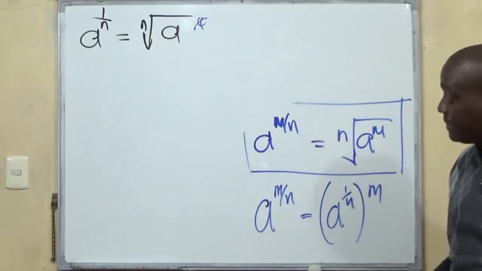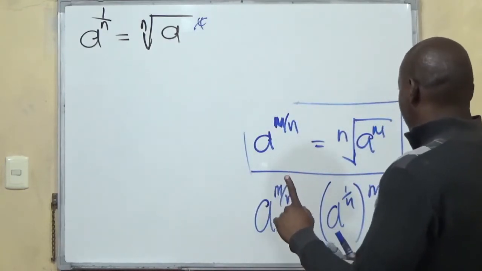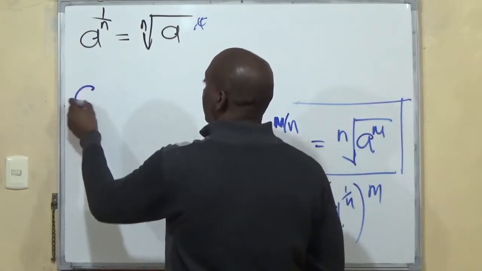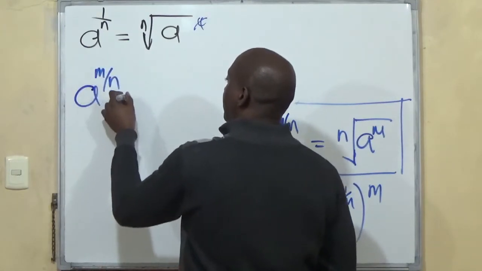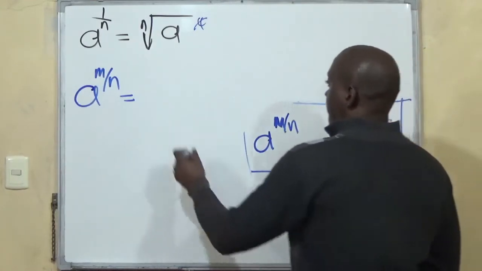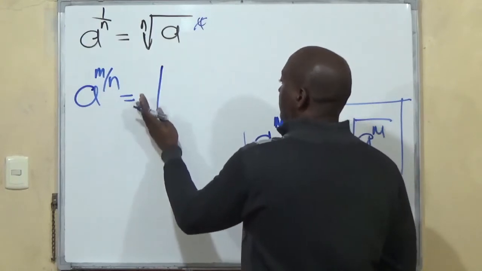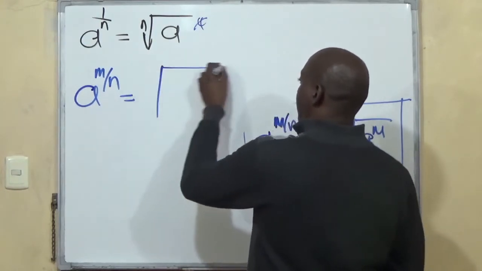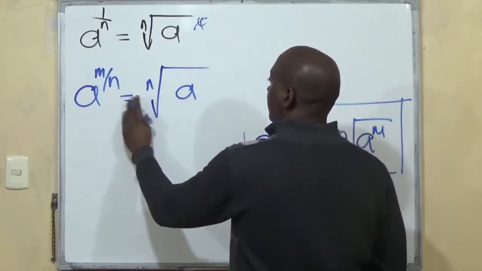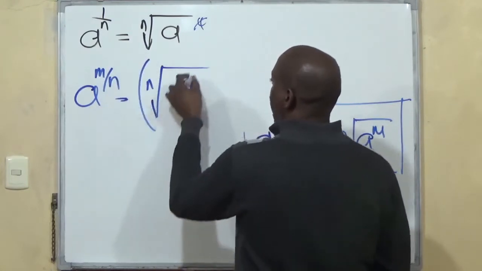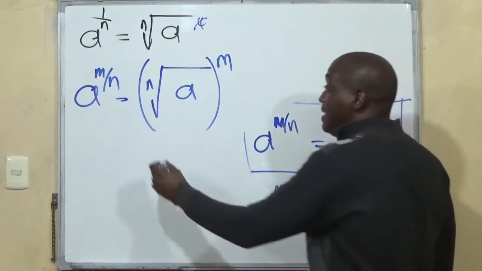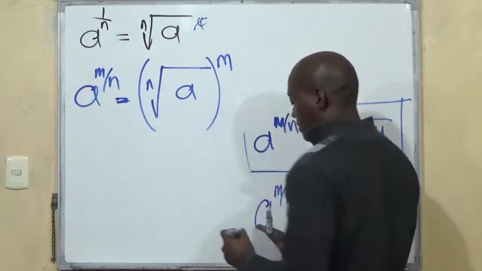You understand? Yes? So we can say then, using this form, we can also say that a to the m over n is equal to the nth root of a to the 1 over n. So the nth root of a, all in brackets to the power of m. I have seen this in textbooks before,